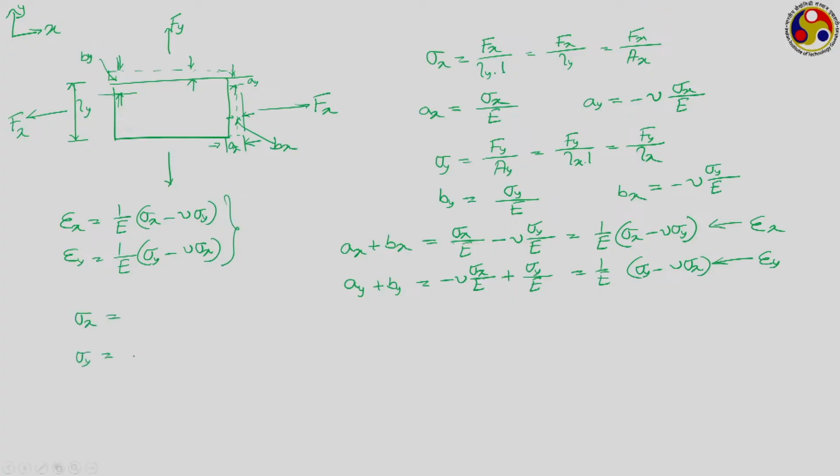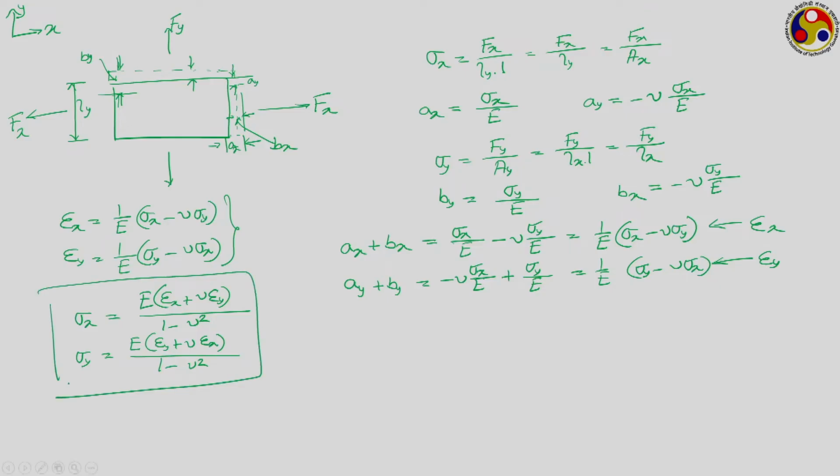If you solve this, you will get that sigma x will be coming as E into epsilon x plus nu into epsilon y by 1 minus nu square, whereas sigma y will be coming as E into epsilon y plus nu into epsilon x by 1 minus nu square. These two are the expressions for the corresponding stresses, and we can easily extend this to 3 dimensional analysis,